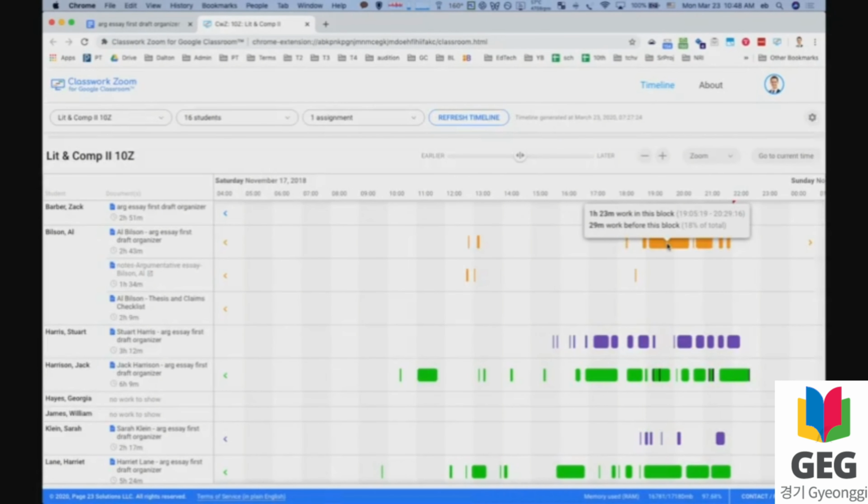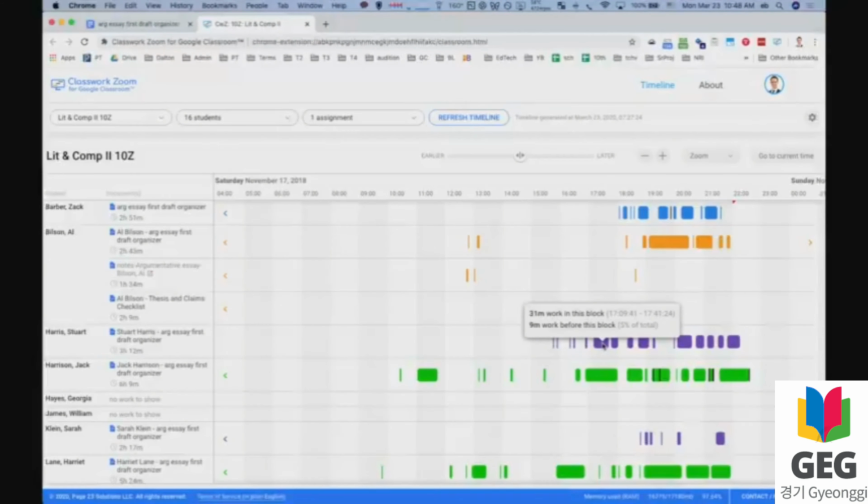But in my experience at class time, students were talking. They appeared to be talking about their work, and maybe they were. Students were on occasion coming to my desk and checking with me about things. So it's not that